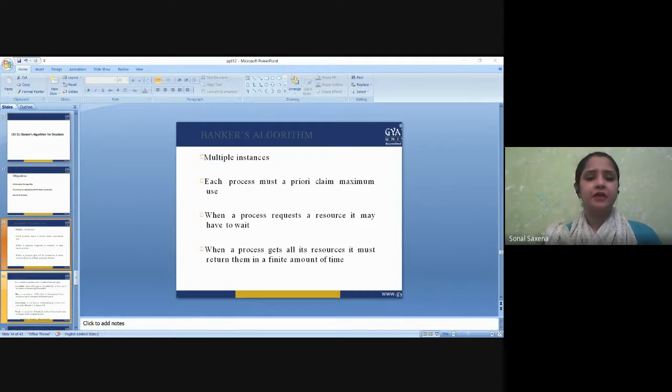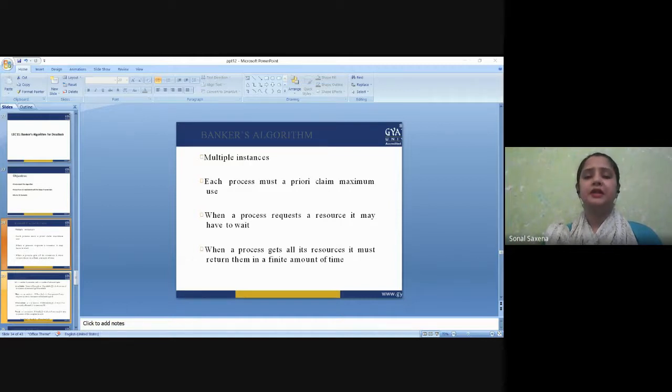This is done before deciding whether the allocation should be allowed to continue or not. The algorithm was developed in the design process for the operating system, and it is originally described in Dutch, in a document called EWD 108. So, when a new process enters a system, it must declare the maximum number of instances of each resource type that it may ever claim. Clearly, that number may not exceed the total number of resources in the system.